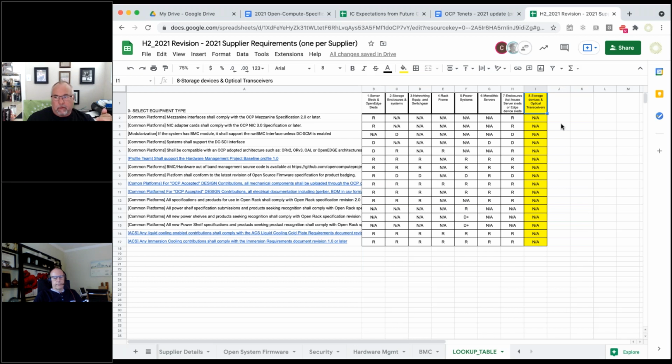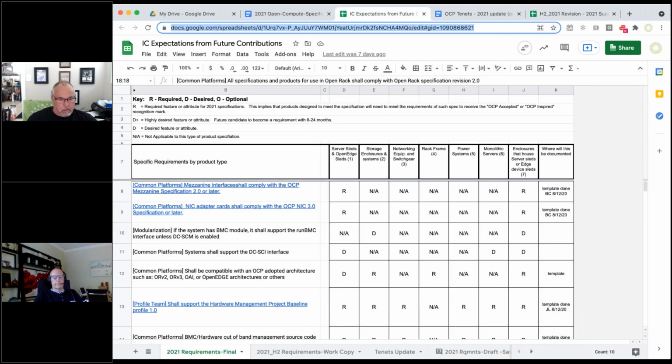I appreciate that, but the point I'm making is that anytime we add a column, we need to ask the question, what are the types of things that are required of that entity? And therefore it needs to create a row for which there's at least something required. That's what I'm thinking now.